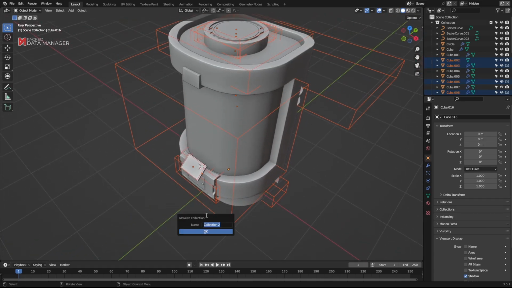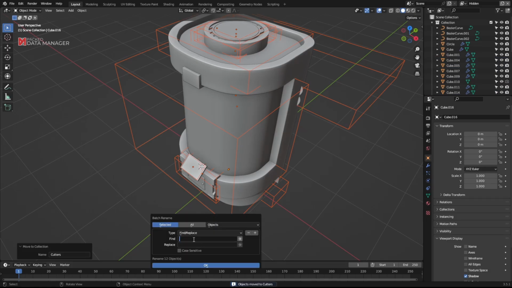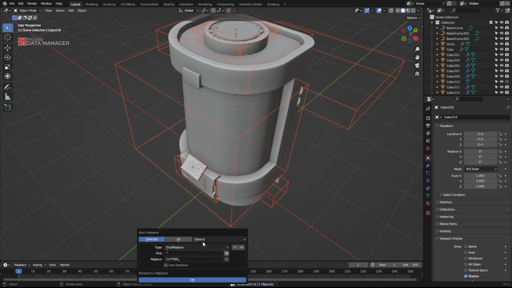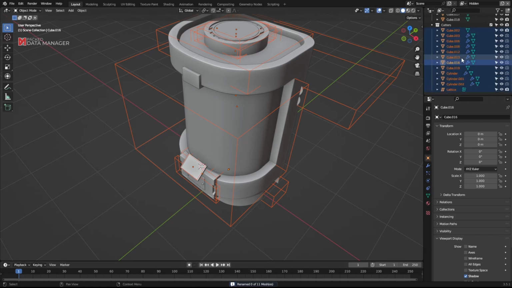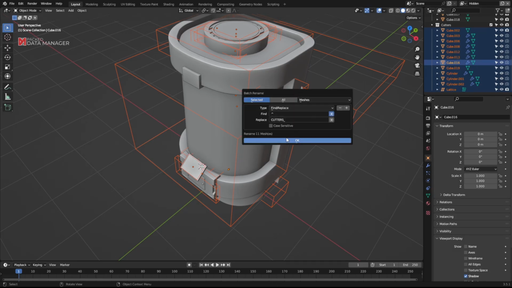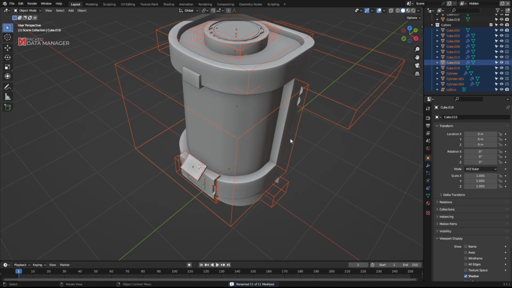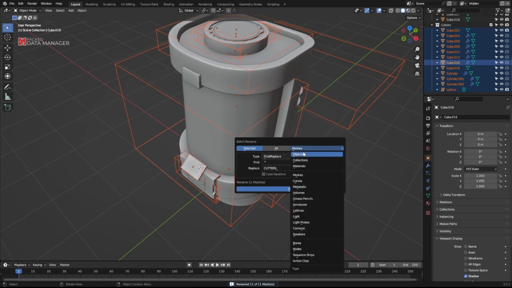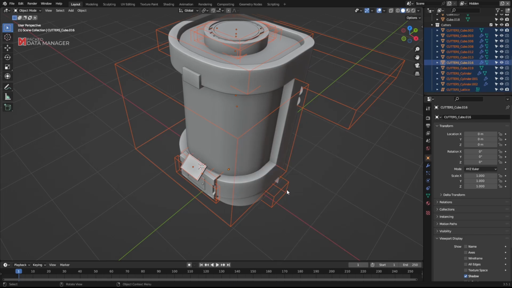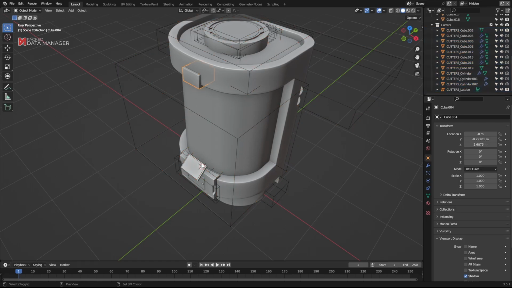Hit M, cutters, okay, Control F2, beginning of the string, cutters, Control F2 again for the meshes, okay. Oh, I forgot to enable the regular expression mode, okay. And switch to objects, okay. Now let's hide the previously hidden objects.